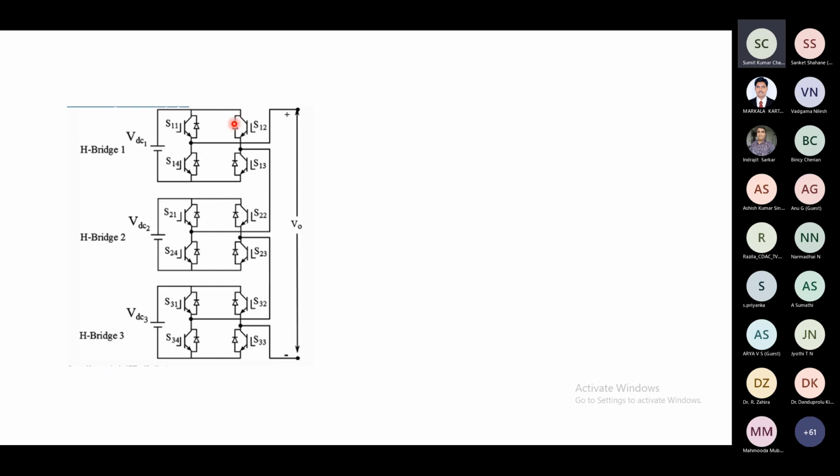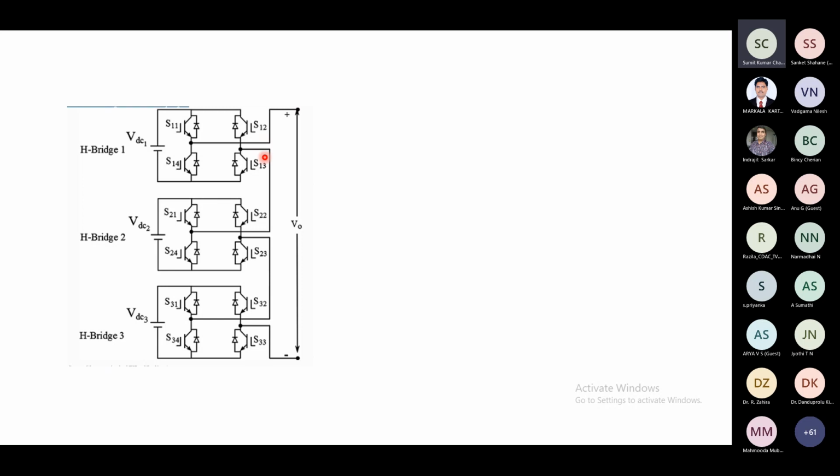So that option is chosen depending on your heat distribution. In order to distribute the heat between the switches, either the option S11 and S12 can be chosen, or S14 and S13. Both top switches or both bottom switches can be chosen. Right. So in such a case, irrespective of the current direction, you will get a zero voltage across its two terminals, right? So which switch to turn on will not be dependent on the direction of current. You do not have to monitor the direction of current in order to turn on a switch.